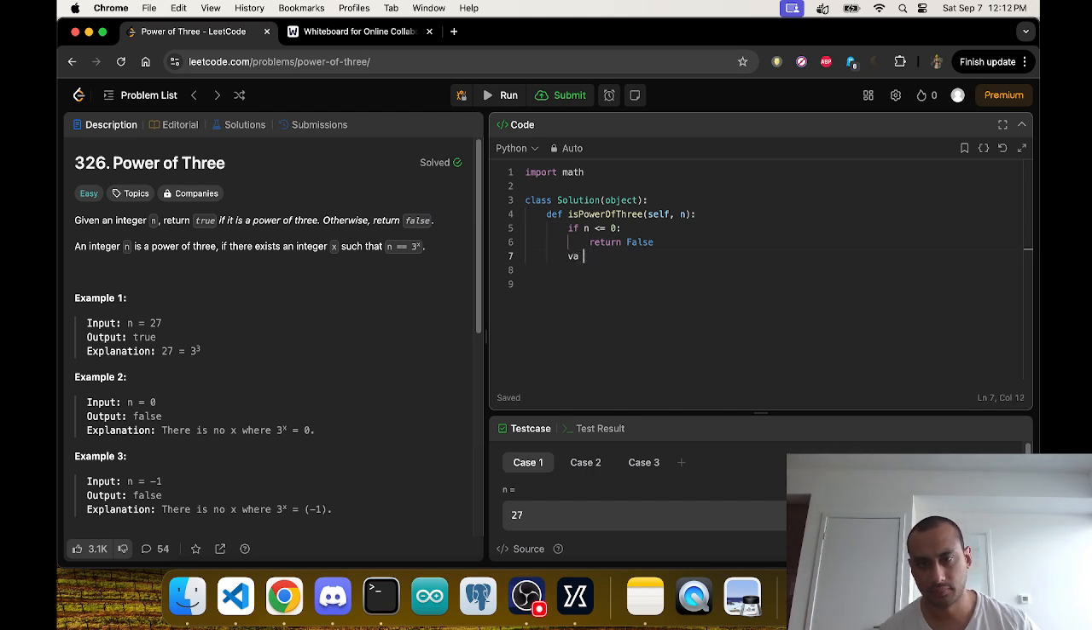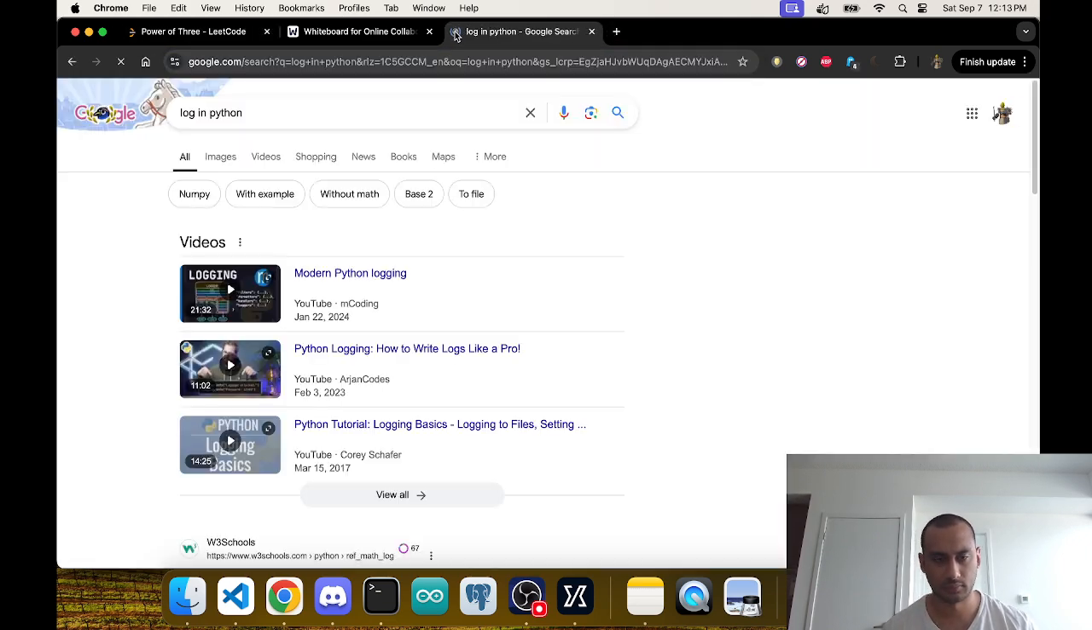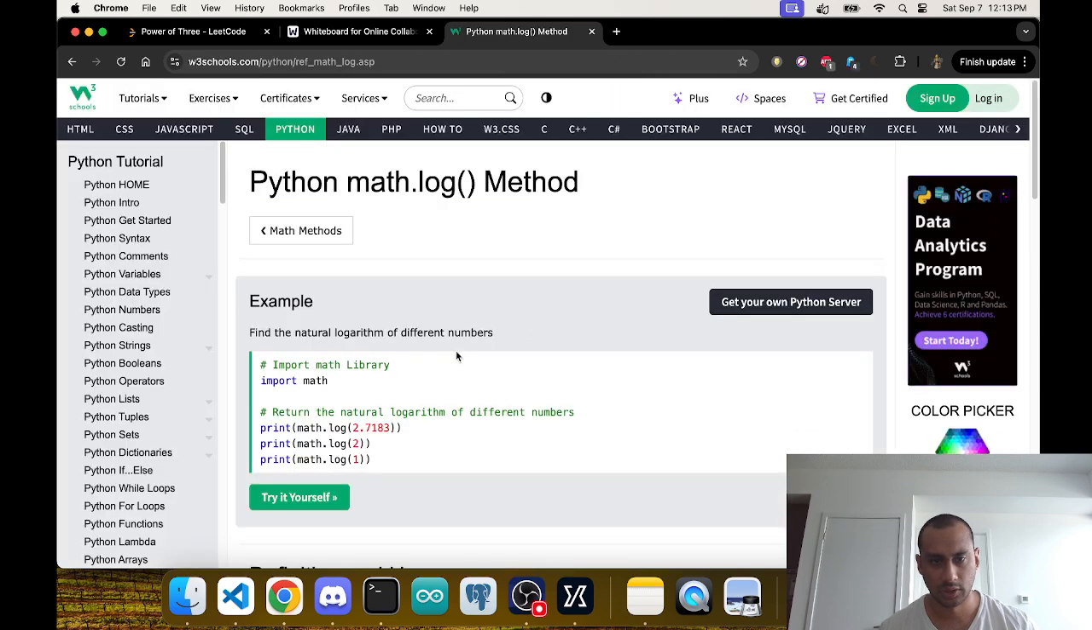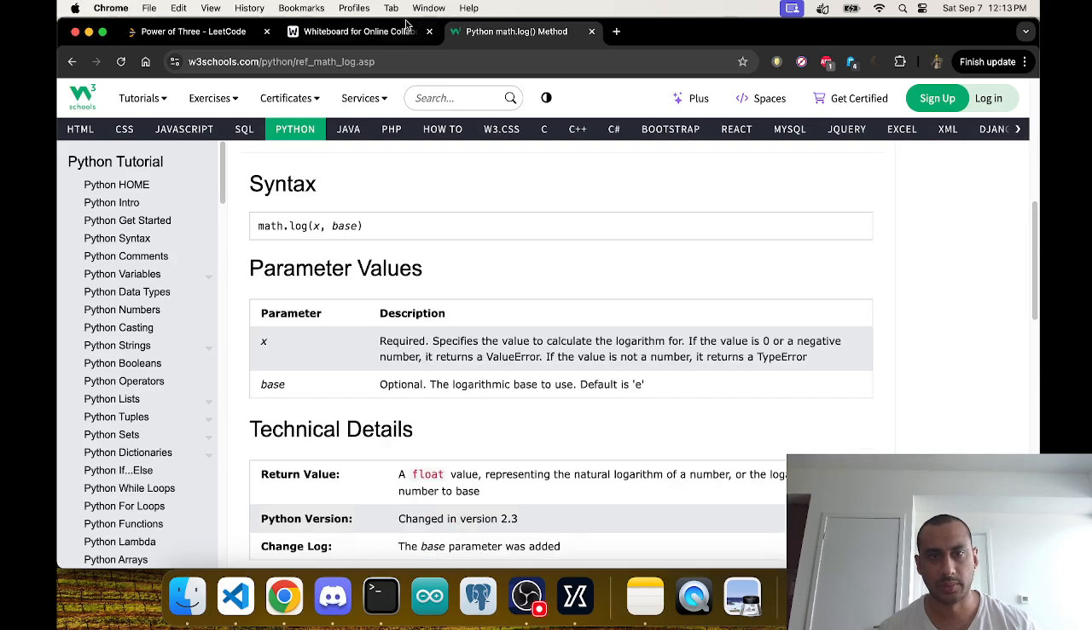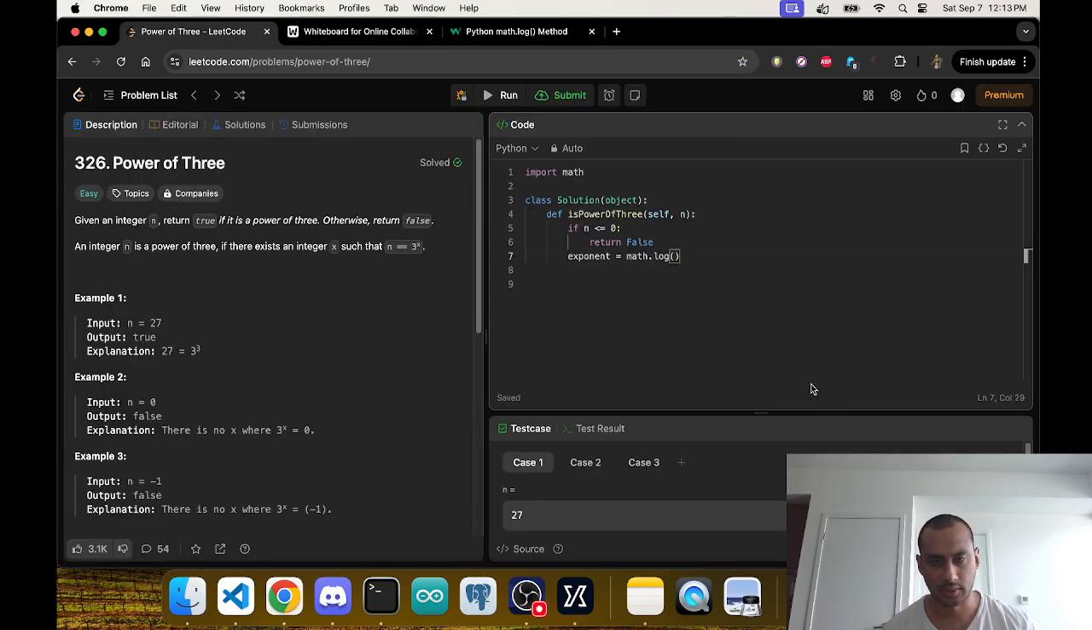And then value, exponent, because I want to find the exponent, equals math.log, log x base. Okay, cool. So we go x is n, that's the number, and the base is 3. And find the exponent, return